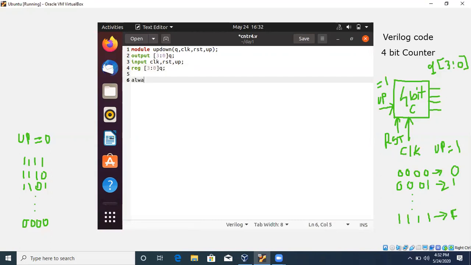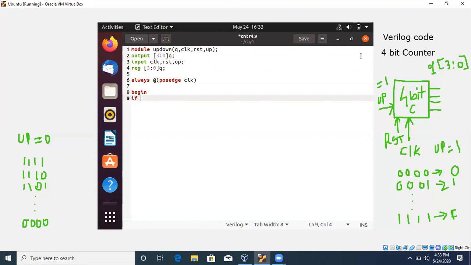Now we'll write the always block, always at the positive edge of your clock signal. Then begin. Now here we will use two conditions.